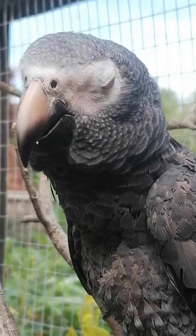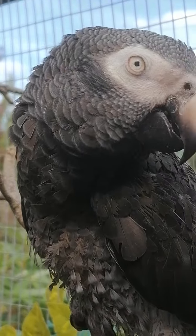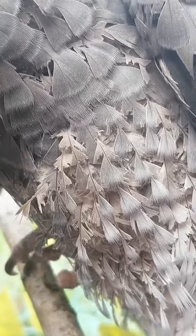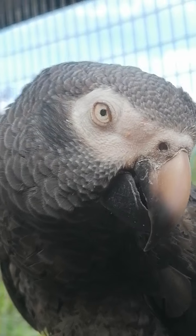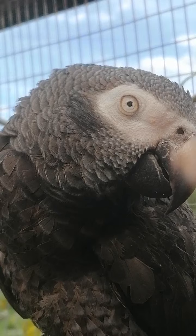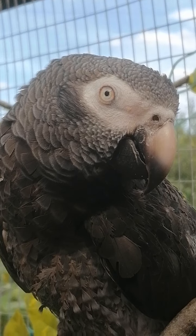So I just wanted to show you the difference between plucking, pulling, and actual barbing, picking. Let's get a good, can you see this? So they all come through, but she just picks them. And she's always done it. And the vet's told us now it's something we've just got to accept. That is what she does. It's habitual. He did say you'll probably never stop her doing it, but we were confident that we would,